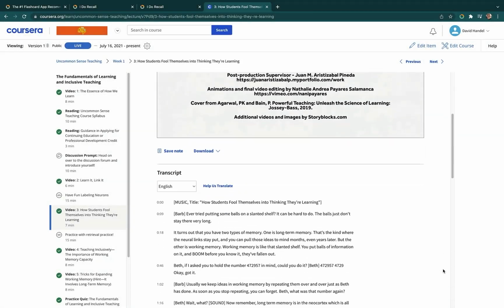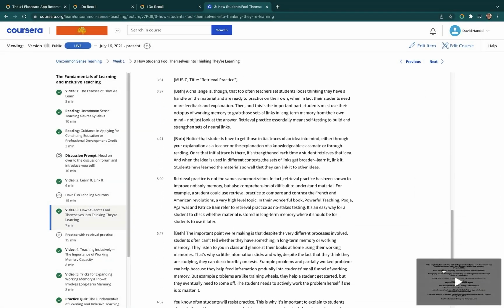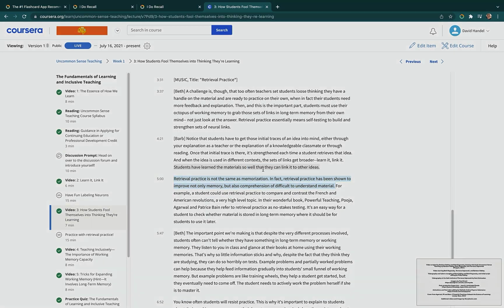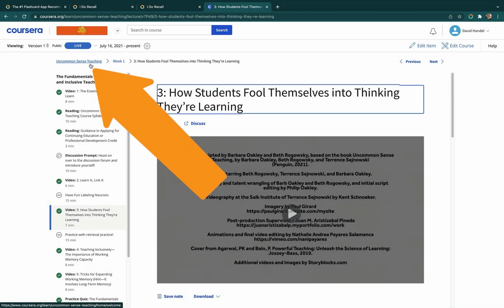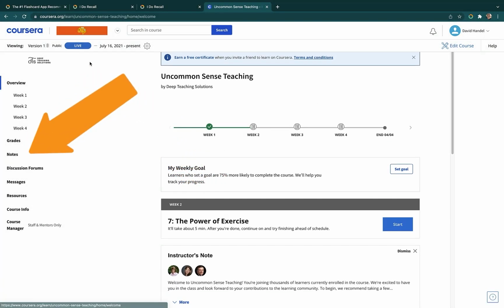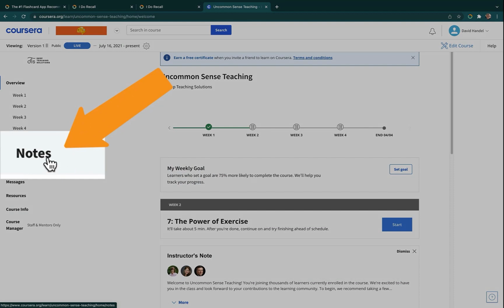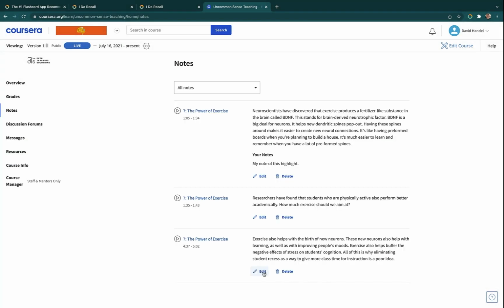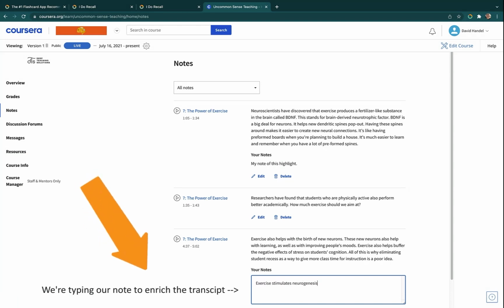After you watch one of the videos in our course, take a minute to skim the transcript. Pick out the key points that you want to remember and create a note by highlighting the text. Later on, head over to your notes section for the course. iDoRecall enables you to create spaced repetition flashcards that are linked to highlights or any subsequent notes that you add